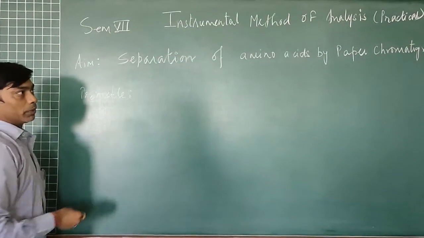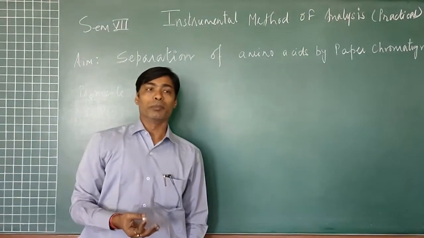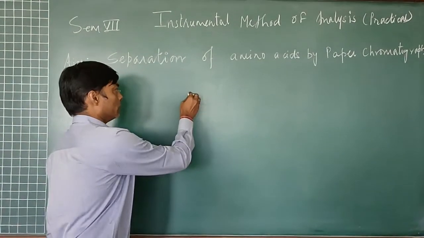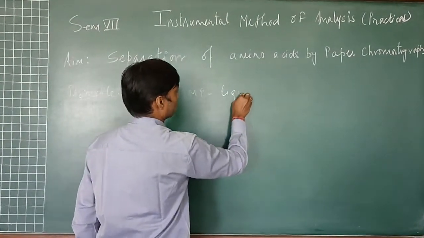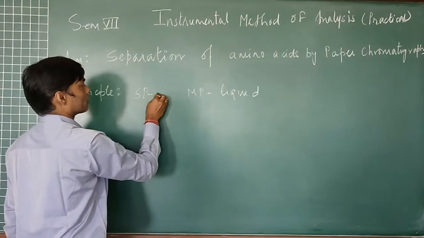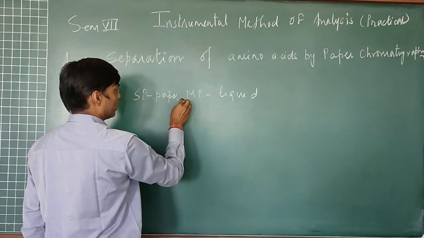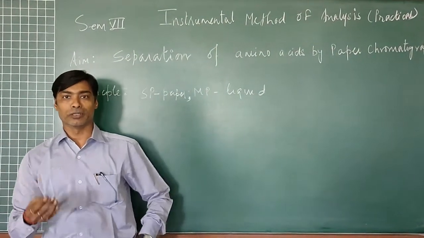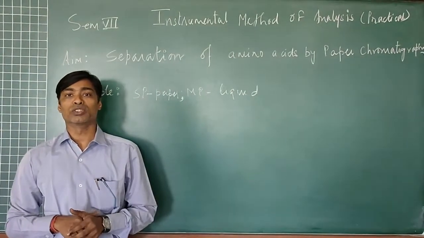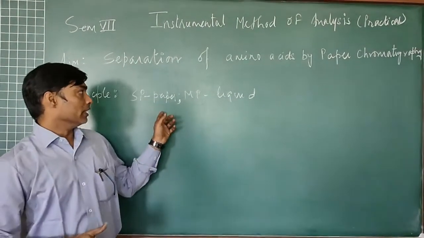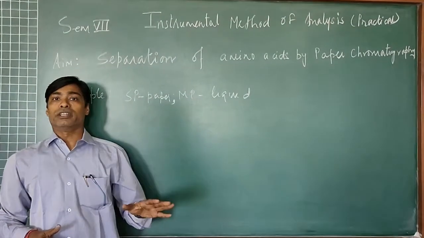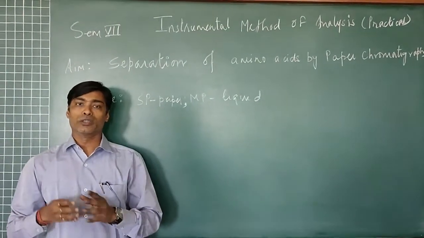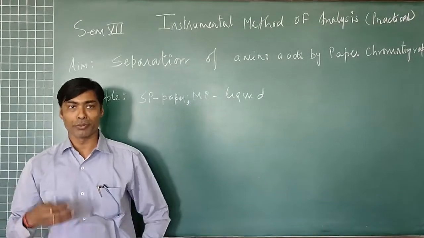Now, in this particular paper chromatographic technique, the paper is supposed to act as a stationary phase and the mobile phase will be liquid in nature. This paper is made up of specifically alpha cellulose. The content of the paper contains nearly 99% of alpha cellulose, and we will be using specifically the Whatman filter paper series, and those papers are divided on the basis of their number depending on the rate of flow and their thickness.